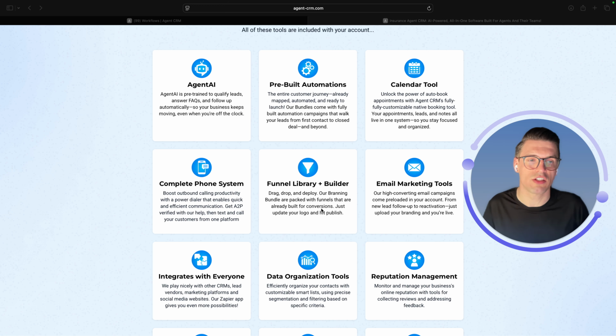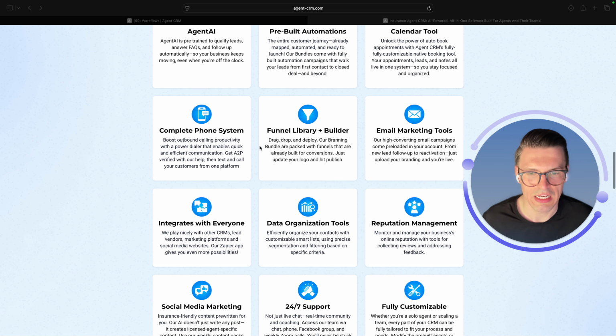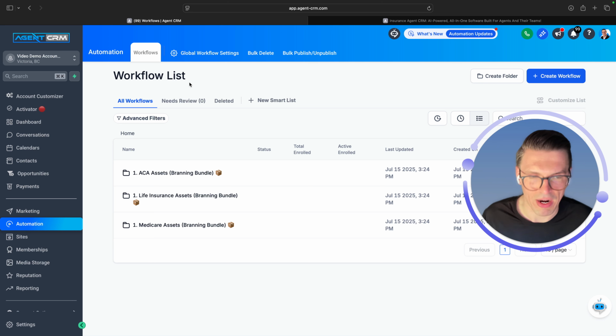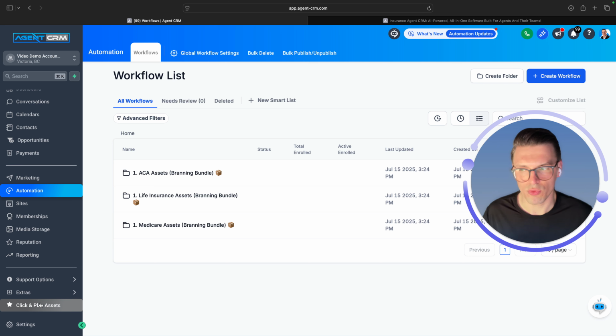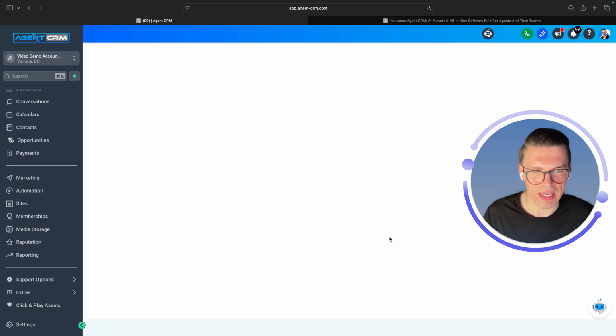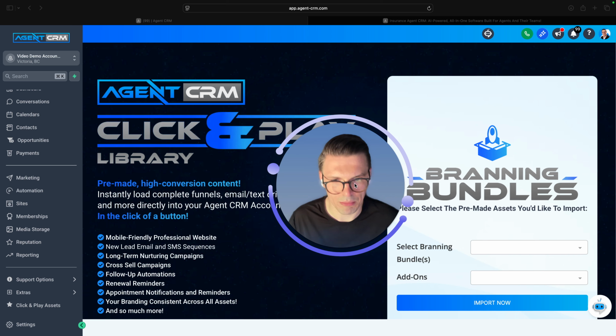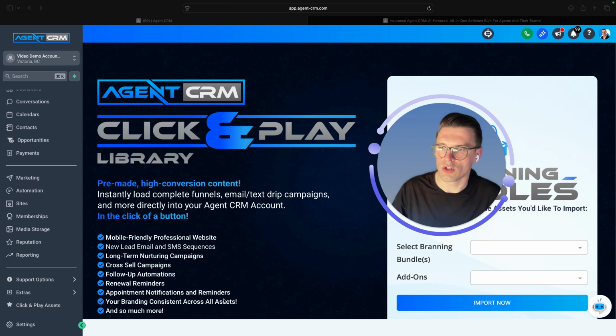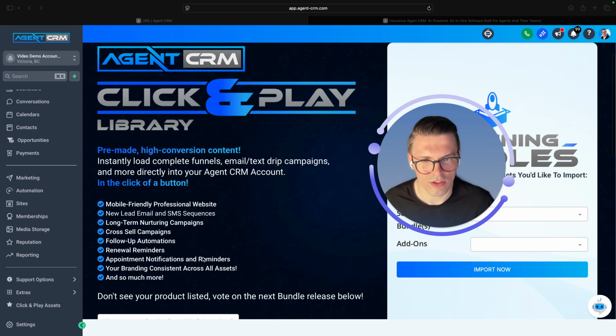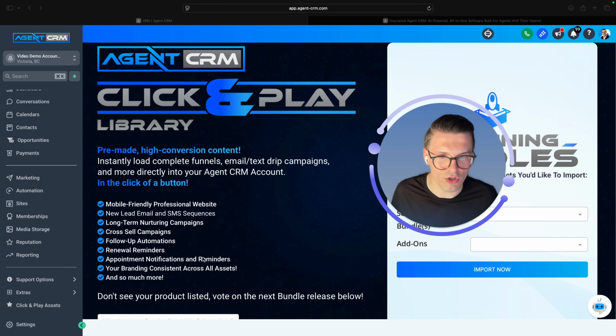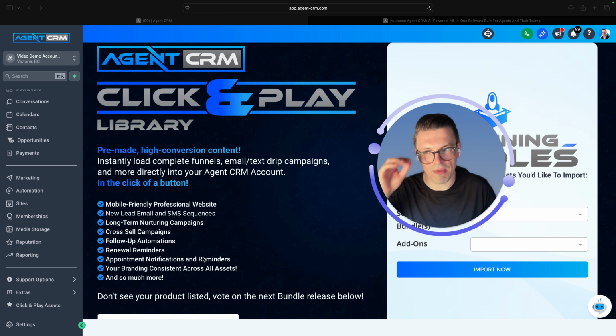So yes, you can text, yes, you can call and email through the system, but more than that, Agent CRM, our real secret sauce, is what we call our Branding bundles. Pre-made assets where we've mapped out the entire client journey, and those are part of our click and play assets. You can see that we've got new lead sequences, long-term nurturing campaigns, cross-sell automations, follow-up reminders, renewal notices,